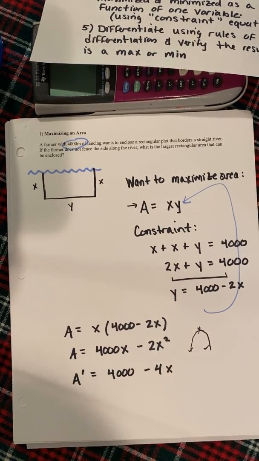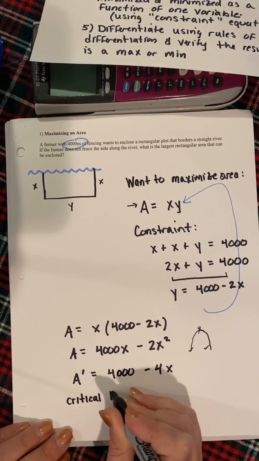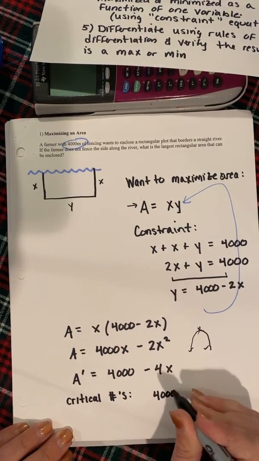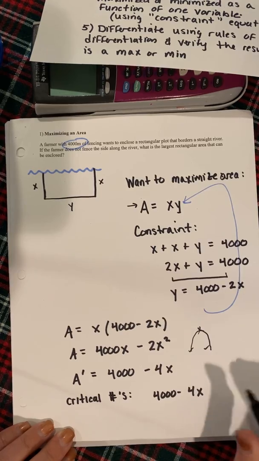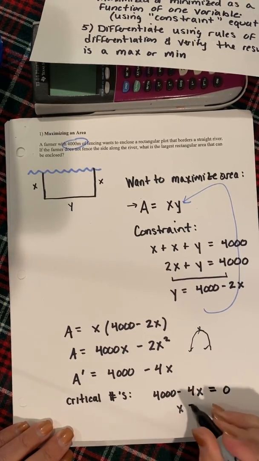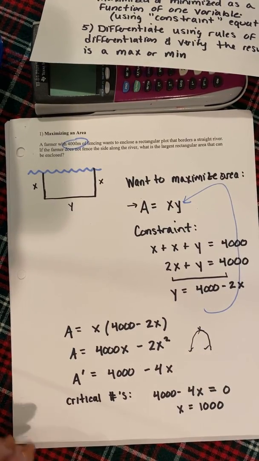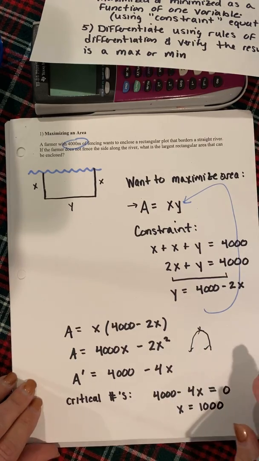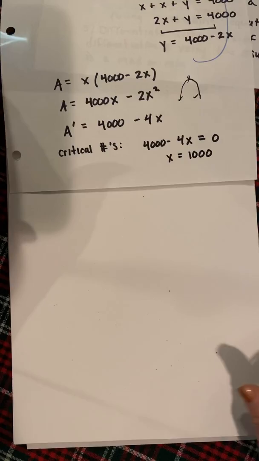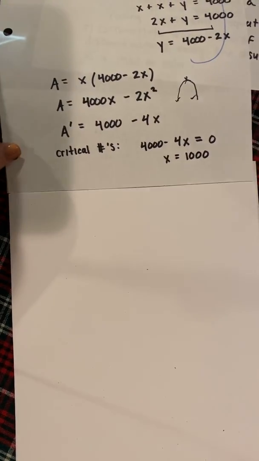We have to find our critical numbers. Now remember, our critical numbers are where the derivative is 0 or undefined. 4,000 minus 4x is never undefined, but we can set it equal to 0 and get x equal to 1,000. Now, even though we know that this is going to be a maximum value because we know how this function behaves, it's an upside down parabola, I am going to prove that it is a maximum by using the first